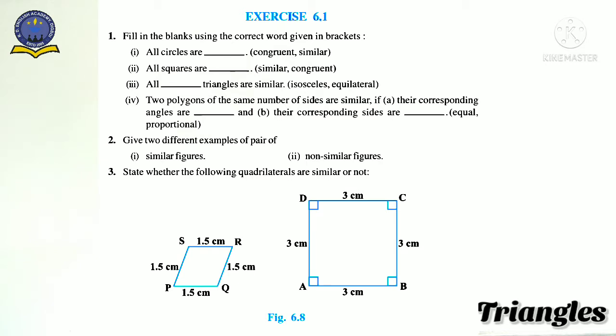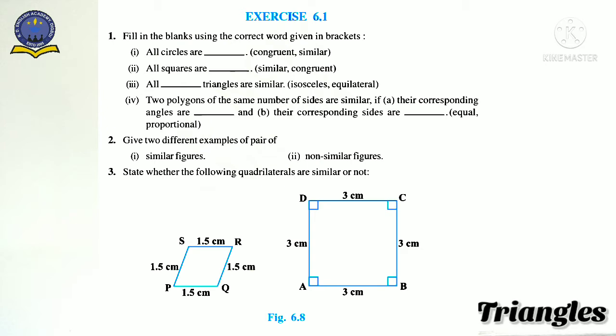So the corresponding angles are equal, as well as the ratio of the corresponding sides are equal. Now with respect to this, if we see exercise 6.1, the first question is: fill in the blanks using the correct word given in brackets. The first one is, all circles are congruent and similar. In case of circles, we get different sizes of circles, someone smaller, someone bigger, so the answer is